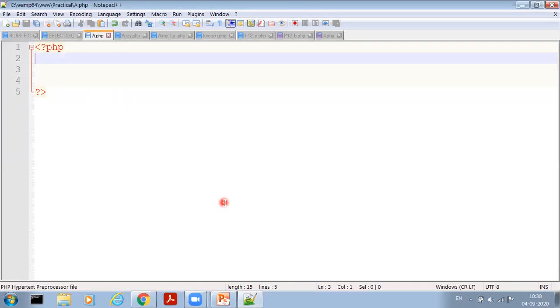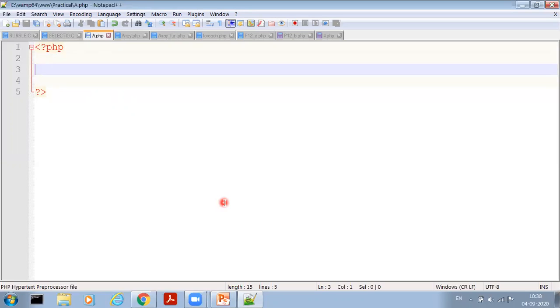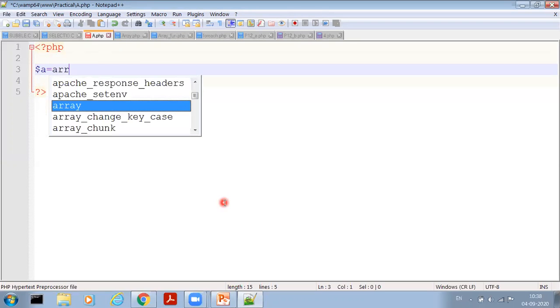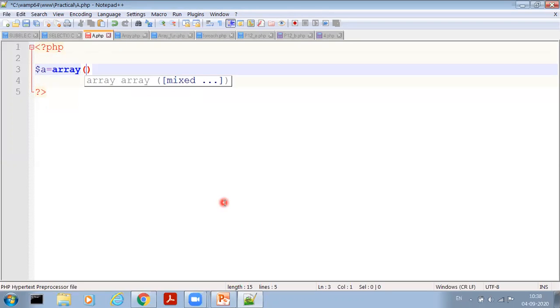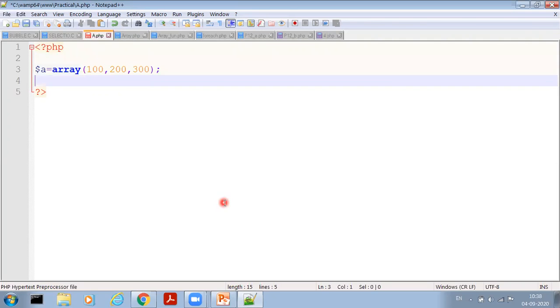Now here I declare one variable. First of all, declare a variable named $a equal to, using array function I want to display an array. So write values, suppose 100, 200 and 300.